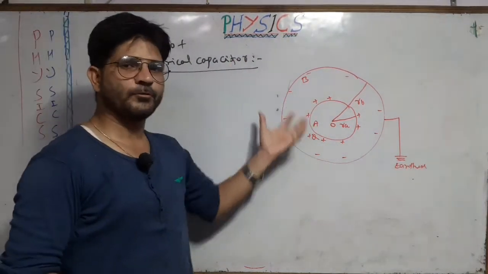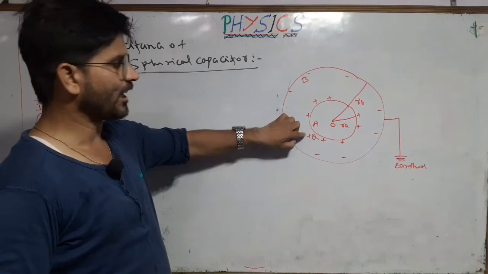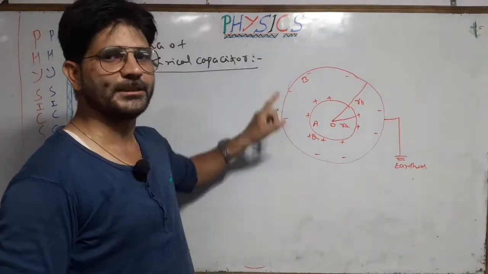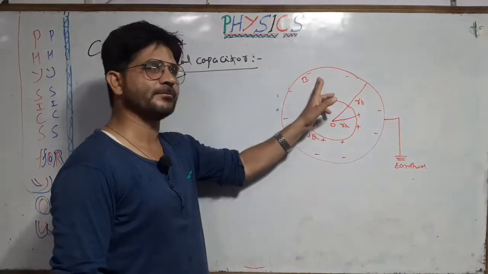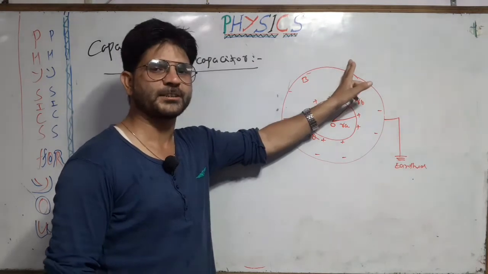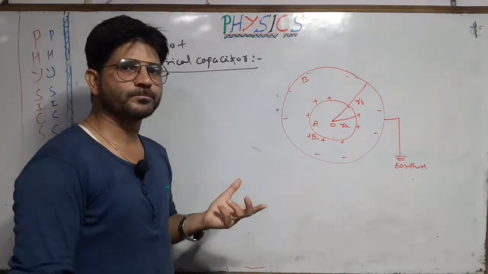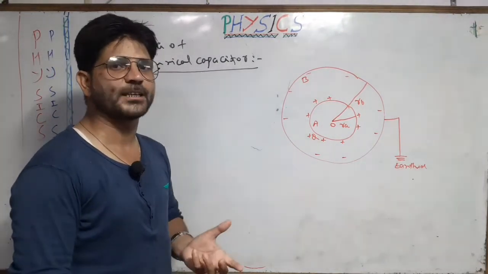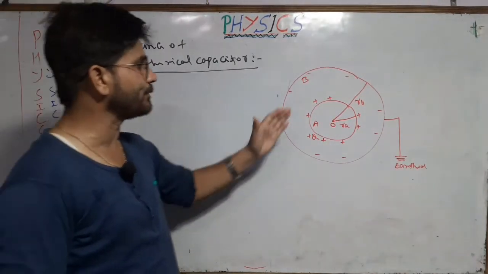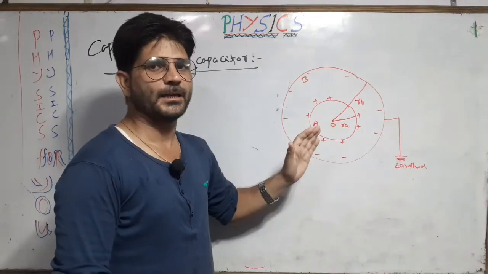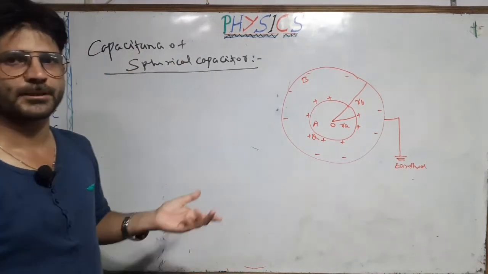As you already know what the spherical capacitor is, the charge given to the inner sphere of this capacitor is plus q. The same negative charge is induced on the inner surface and the same positive charge on the outer surface, which is removed by the earth. Now what is the concept to find out the capacitance of the capacitor? We have to find the potential difference between the plates of the capacitor, and then the given charge is divided by the potential difference and we have the capacitance. The process is that simple.